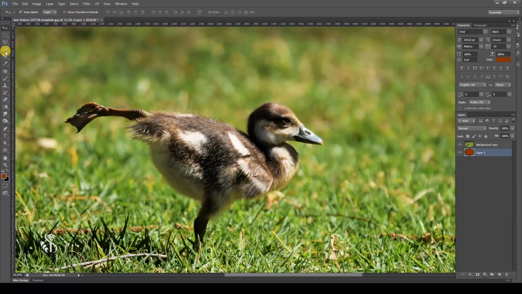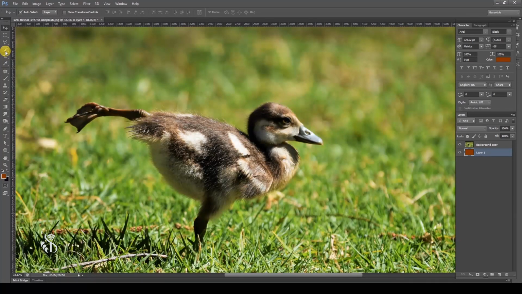Let us now see how the first type, that is, layer mask, is used. In this type, the mask is applied on the layer. Let us see a demonstration for this now. Here, this is the background and this is the image layer.